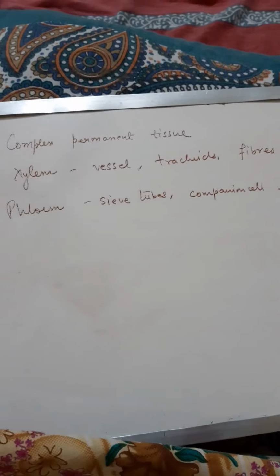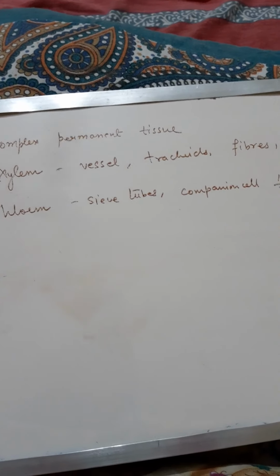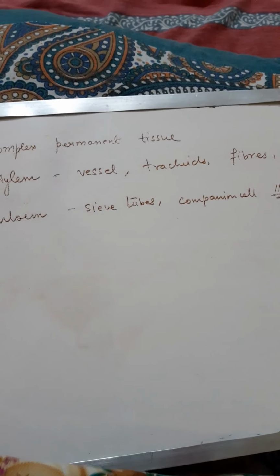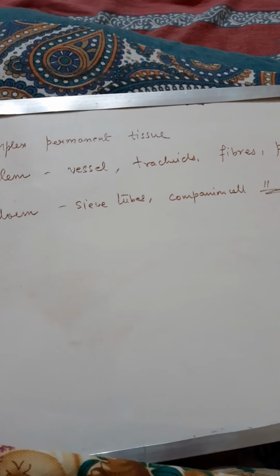Now, coming back to the chapter, last time we discussed the plant tissues, several kinds of plant tissues, and in that I have already told you that it could be a dividing tissue, that is meristematic tissue, or permanent tissue. We have discussed the simple permanent tissues which are made up of only one kind of cell. Those were parenchyma, collenchyma and sclerenchyma. Now we come to the complex permanent tissue.